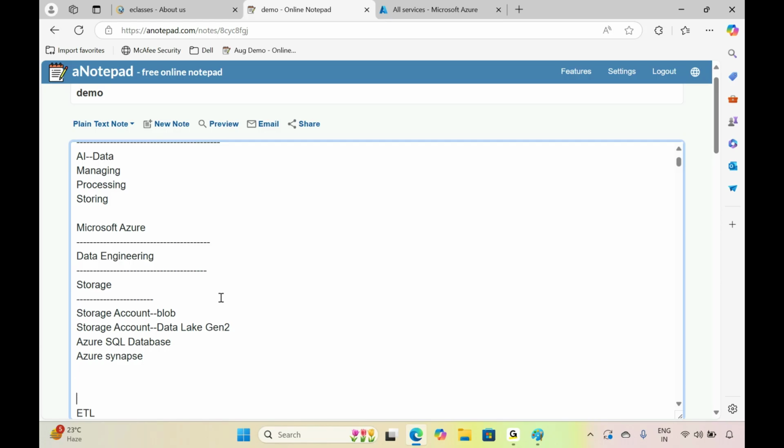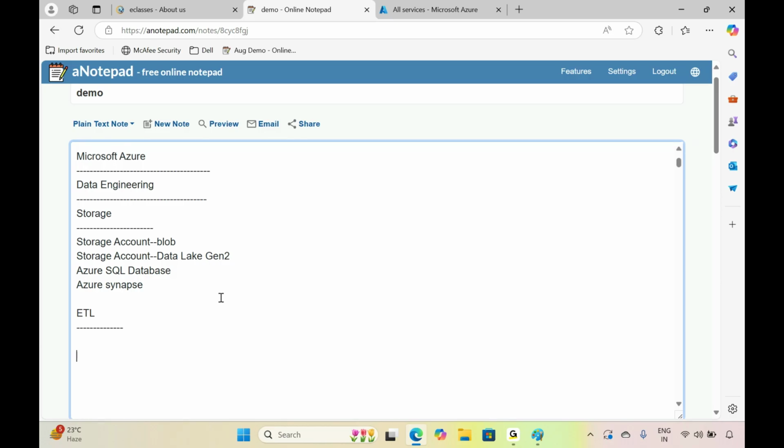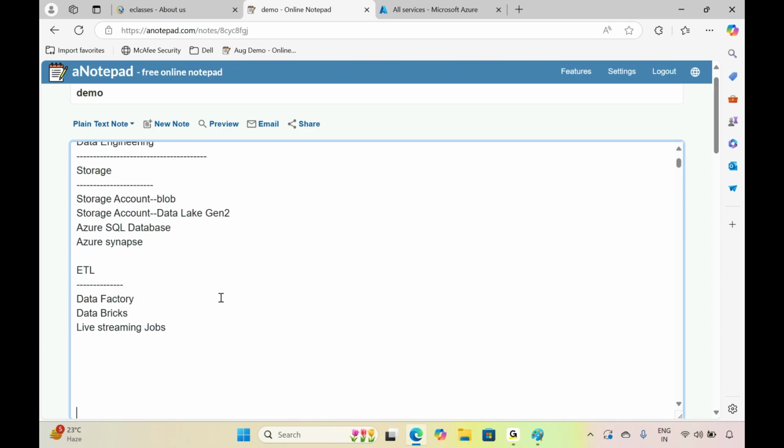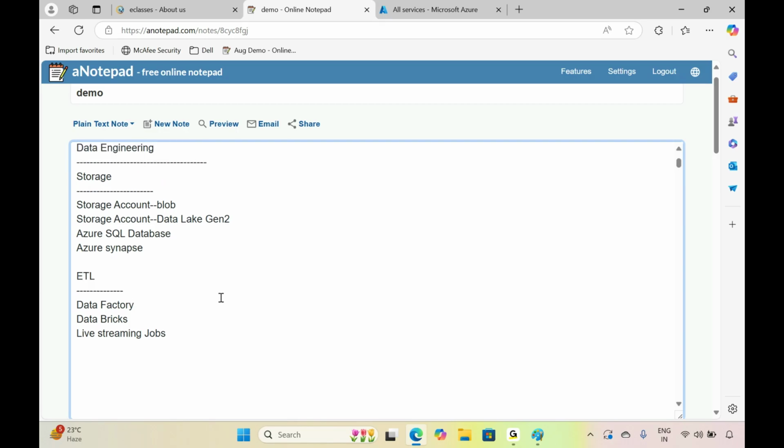These are the services for storage purpose. And for the ETL purpose, we have Data Factory service, Databricks service and live streaming jobs. These are the services available for storage and for ETL purpose.